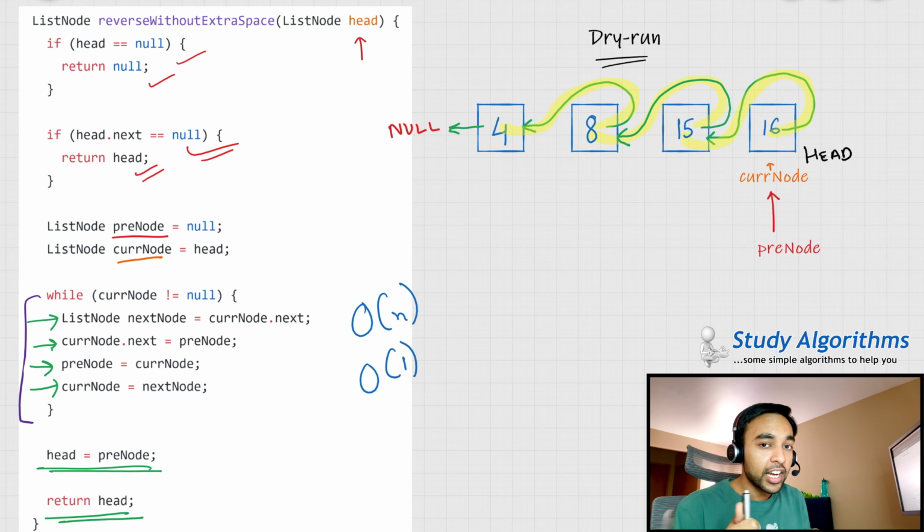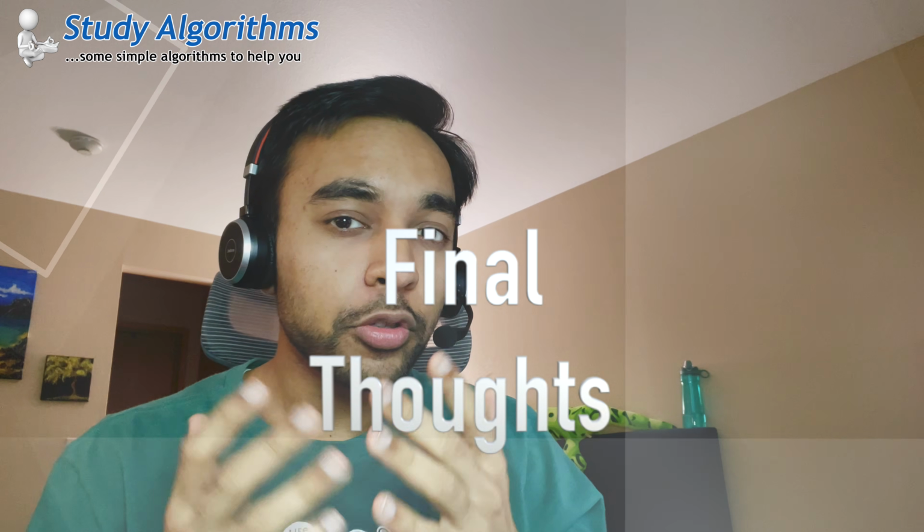And this is where you take advantage of the linked list data structure. I hope I was able to simplify the problem and its solution for you. As per my final thoughts, take a moment to think about the solutions that we just discussed. If you have to preserve the original list, then you will have to take up extra space no matter what. However, if you are given the liberty that you can modify the actual list, then you can perform these operations in place. It is always a good idea to clarify these kind of doubts with your interviewer first. That will help you to ace your interview and come up with a better answer.